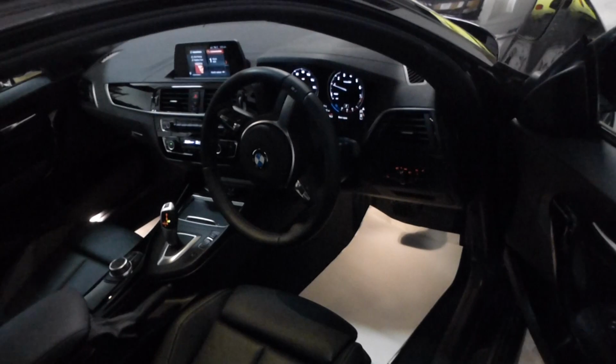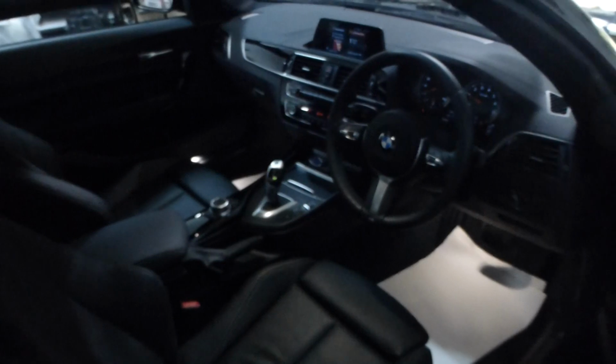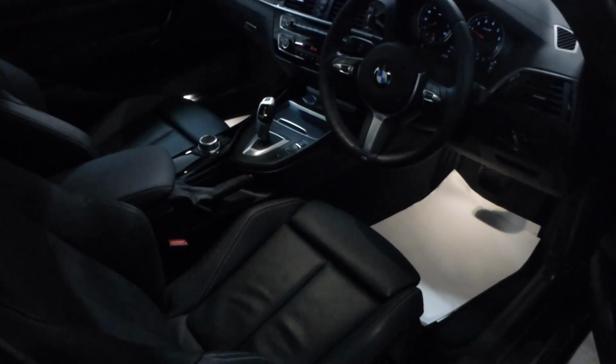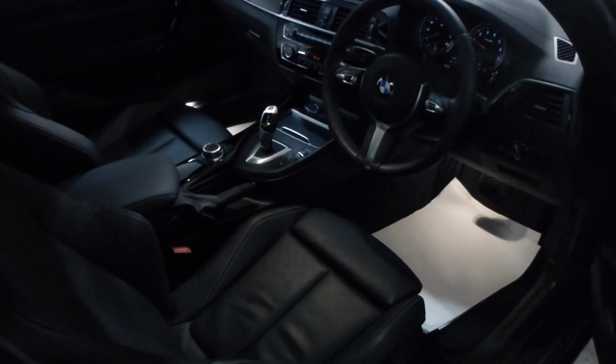It is compatible with E10, but E5 is our preferred fuel choice. I'll just put the headlights on and straighten the steering wheel. So inside the car, it's a really, really nice place to be. Absolutely gorgeous. M Sport steering wheel, a fantastic ZF gearbox, probably one of the best gearboxes of any mainstream production